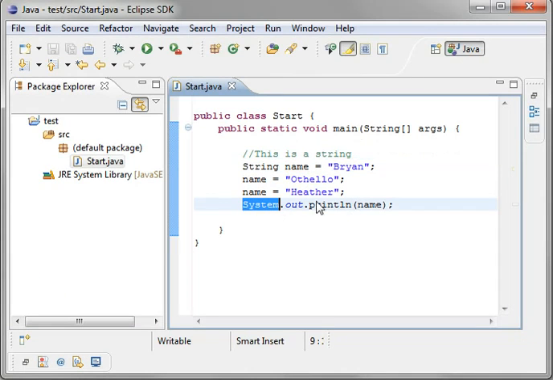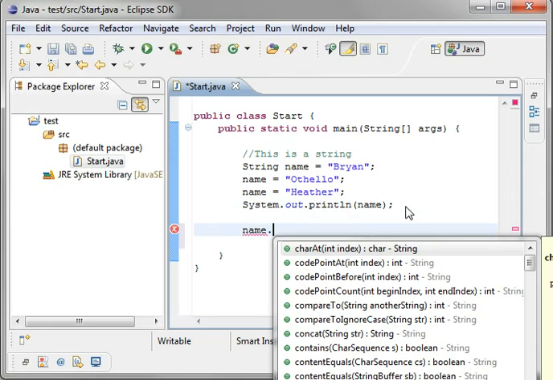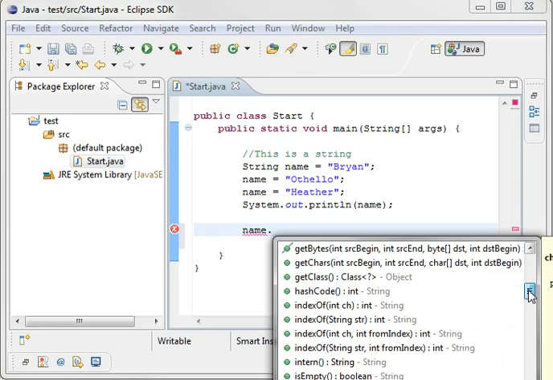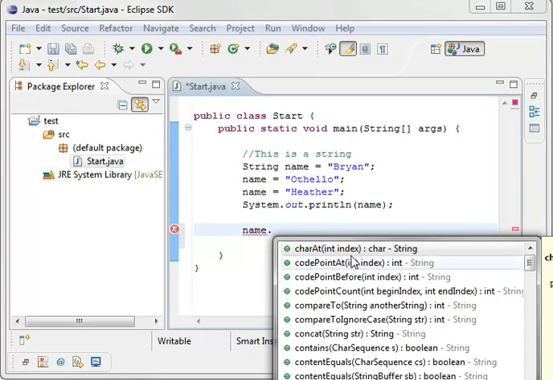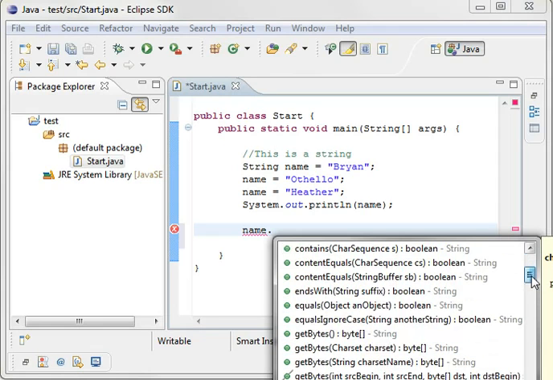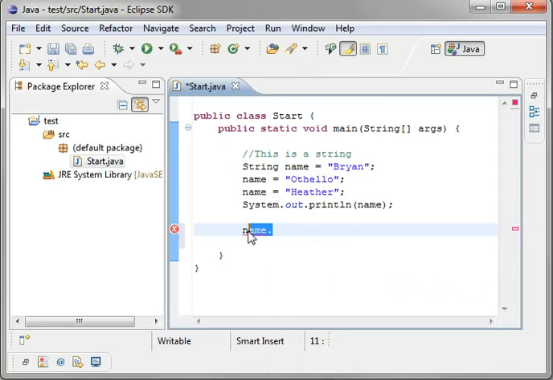Now, we've said that String is a class. Sure enough, when you type the reference name dot, you see it has all these little items in the list. These help you do specific things. For example, you can say charAt and get the character at a certain position, compare it to another string, combine it with another string, or concat. You can see if the content is equal. For example, you can say